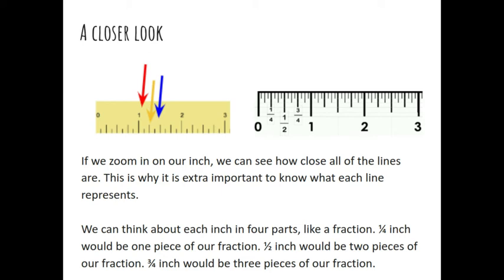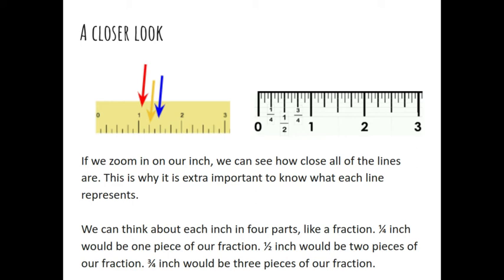Looking closer at that ruler and those three arrows, we can see how close all of the lines are. This is why it's extra important to know what each line represents. We can think about the inch in 4 parts like a fraction. You can also think about all of the spaces between an inch into more parts. For us, since we're talking about a quarter inch and we know that a quarter is the same as 1/4, we'll think about it with 4 parts. 1/4 of an inch would be the same as one piece of a fraction,